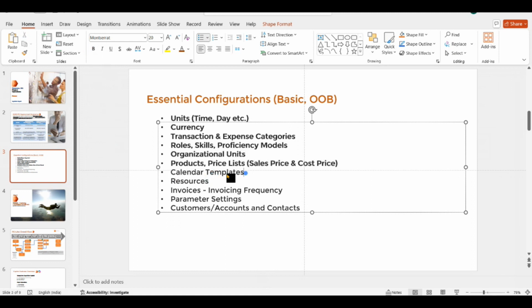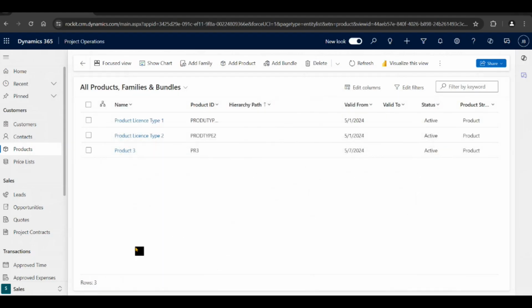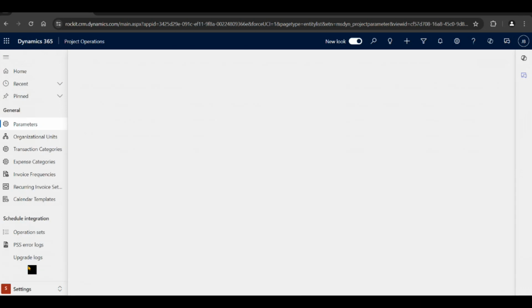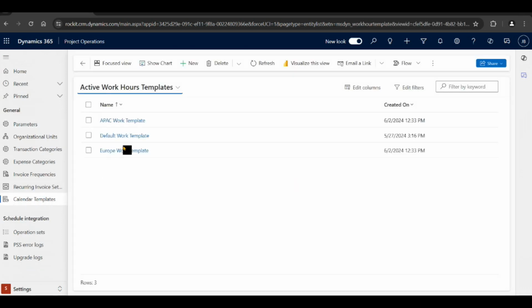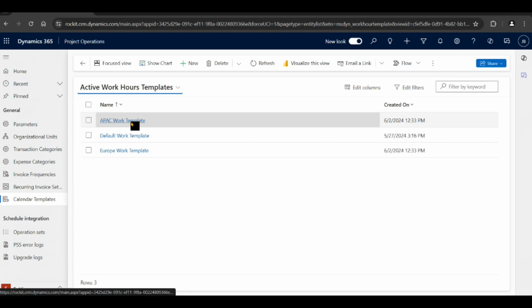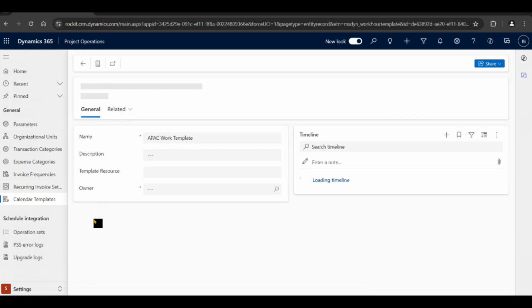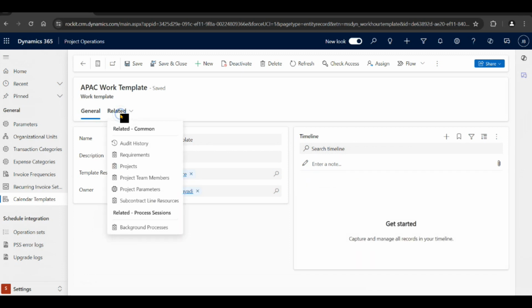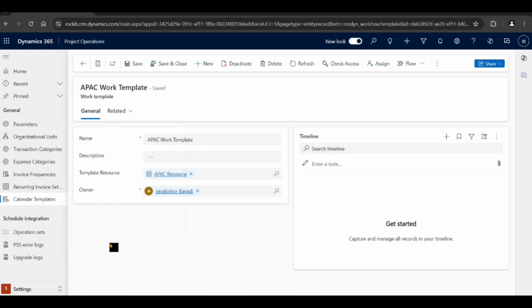Now the calendar templates, we have already discussed this in the settings in the calendar template. Okay, so here APAC work template is there. So for example, what is the meaning of this? So here, APAC work template,